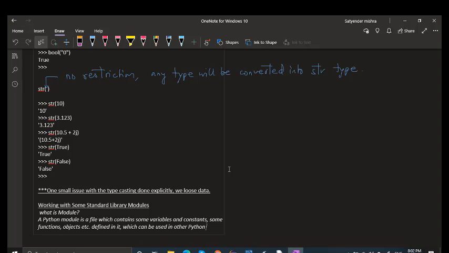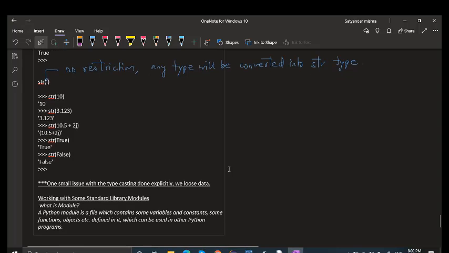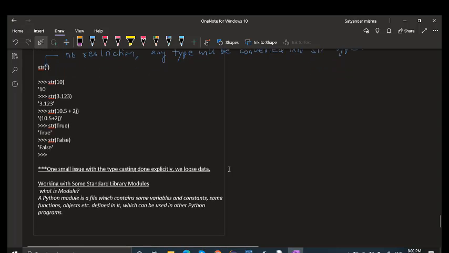Fine. So what we can do here is import the Python standard module.